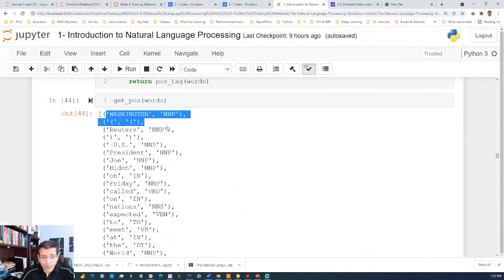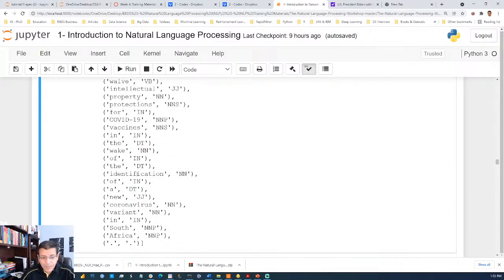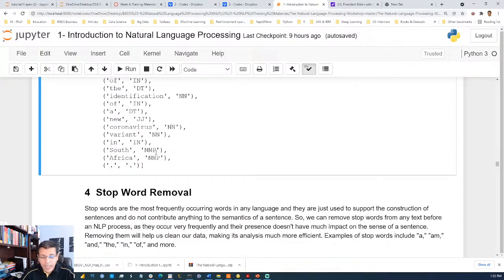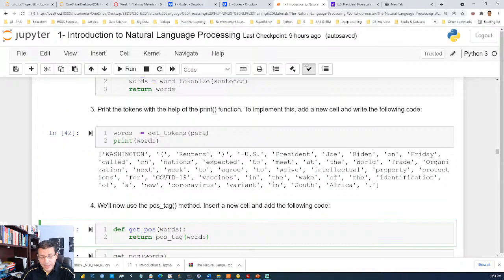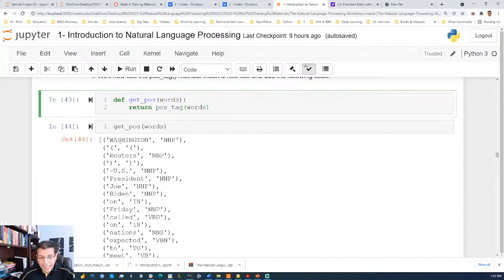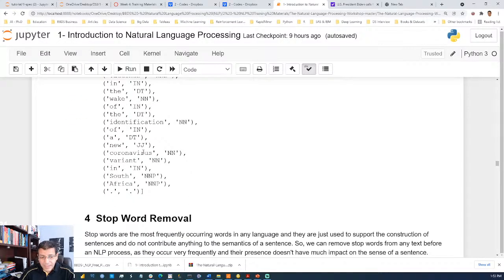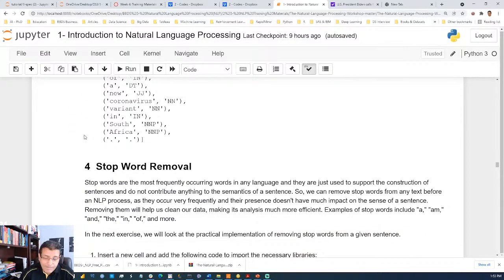So we got all our words being tagged. As I said, the first process is number one. We need to tokenize the paragraph or the sentence, or split the paragraph and the sentence into words, and we are going to use that list of tokens to do our process. The second thing that we want to be able to use today is remove stop words. A stop word is the most frequent